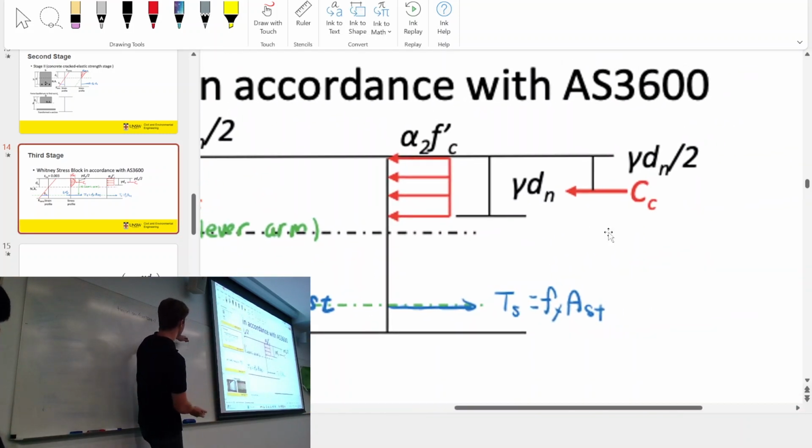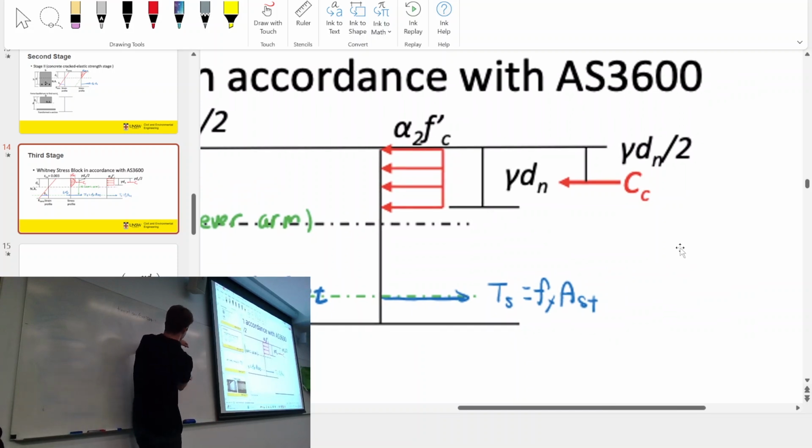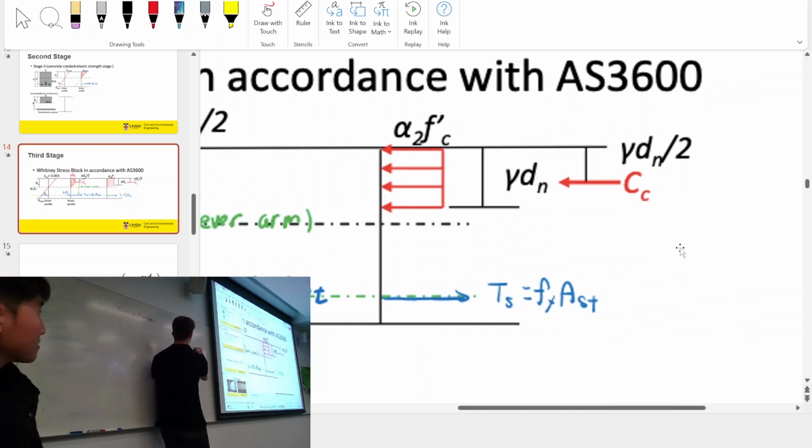Basically, where we have this section, right? Got this force couple. So if we want to look at the moment capacity, all we do is